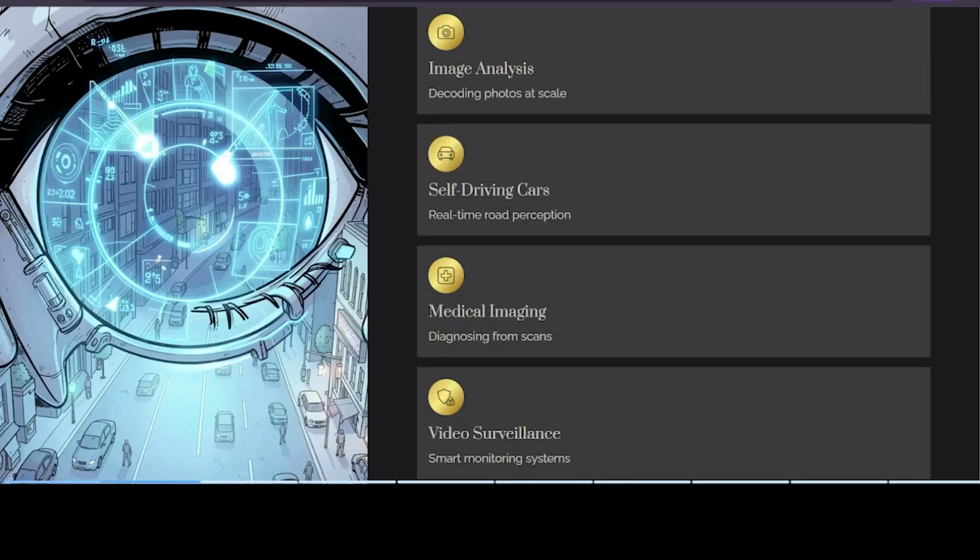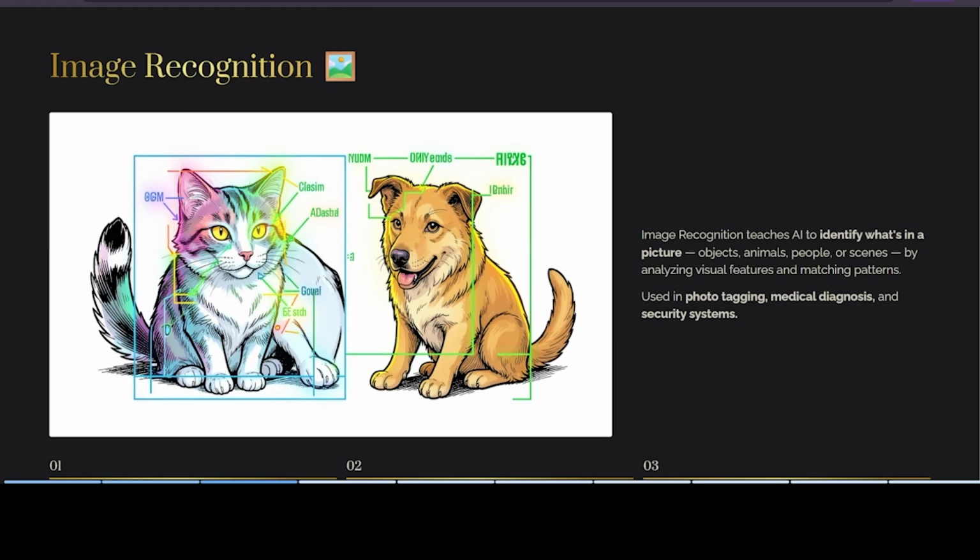Next, we are going to see image recognition, okay. For example, when you upload something in ChatGPT or any AI tool, how does it recognize the image? When you upload an image, it automatically displays that it is analyzing the image. That process of analysis is image recognition.